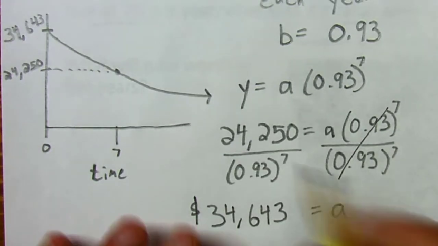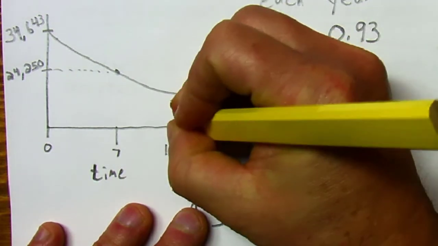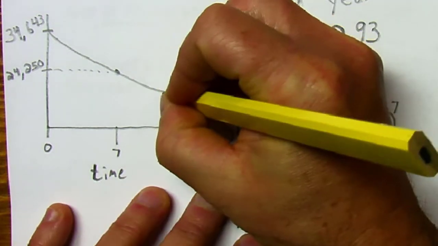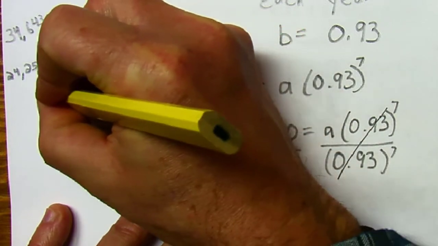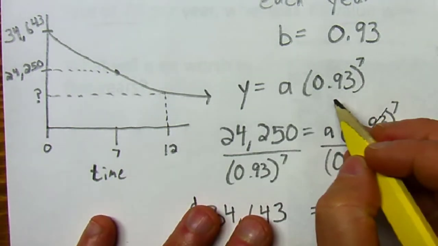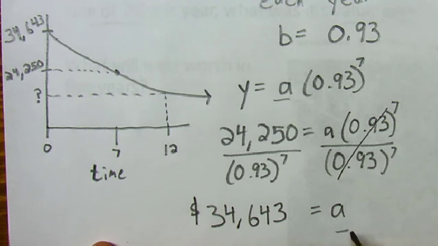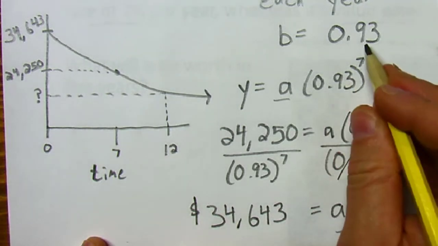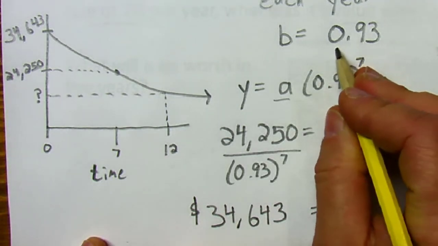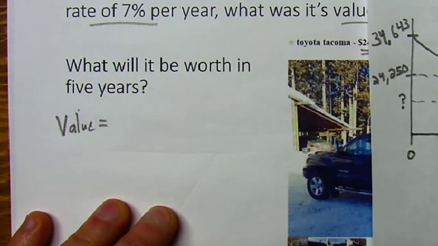Well, think about our graph. 5 years from now, the vehicle will be not 7 years old, but 12 years old. And we would like to figure out what its value will be at that time. But here's the key. As long as we know our A value, which we now do, and as long as we know our B value, which we knew right away, if it loses 7% per year, it's keeping 93% of its value, then we can generalize that and say its value will be